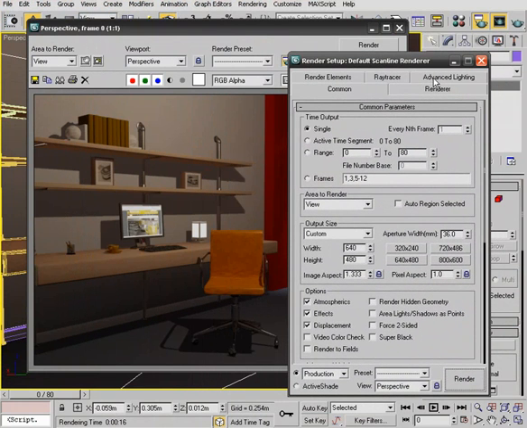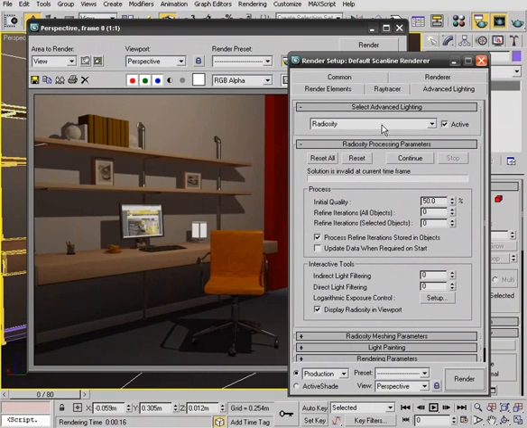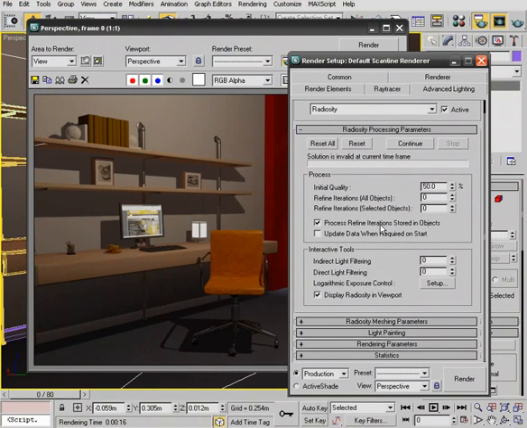Let's go over to the Advanced Lighting tab, and we want to take a look inside some of these different radiosity parameters that we have. So looking down through this, some things that can start to help improve the overall result. We have the refinement. So as this radiosity solution is calculated, it can start to be run through a couple of refinement processes just to help smooth things out and help eliminate noise and speckles and things like that. So I always try to make it a point to at least give it a couple of iterations for